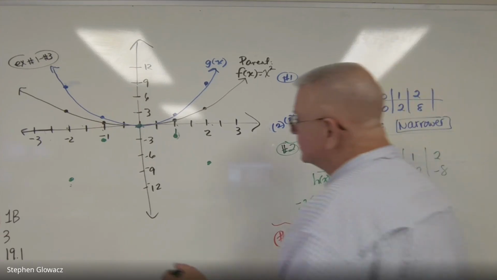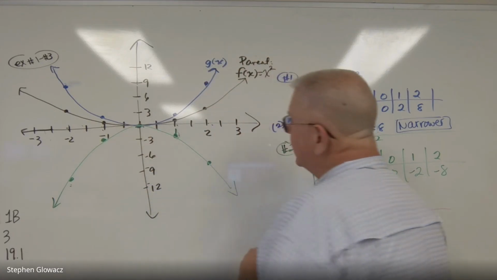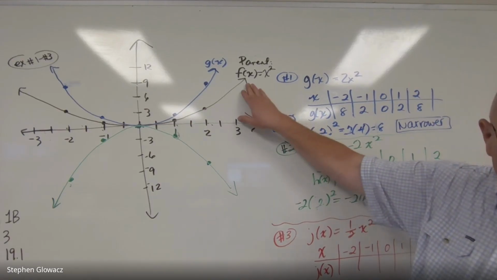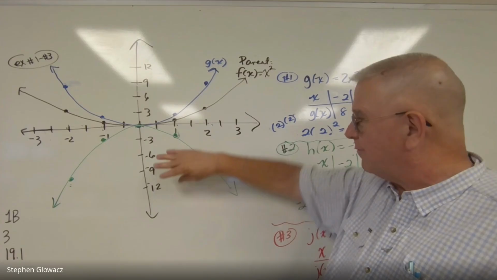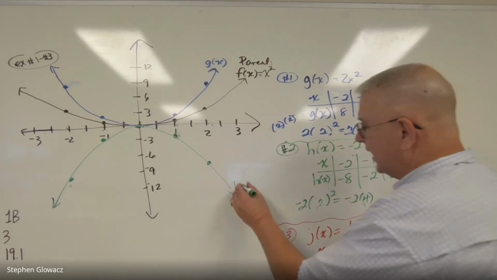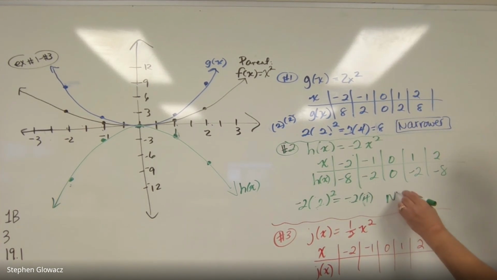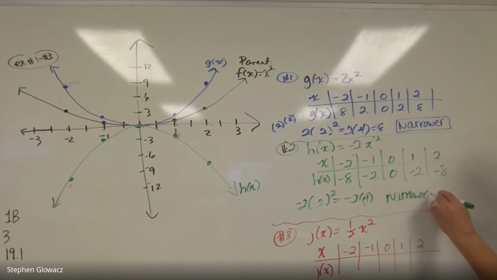All right, so let's go ahead and connect the dots here. And notice, as compared to the parent function, once again, it's narrower. Imagine if this was flipped up, it would be in the same position as the blue one here, the g of x, and this is h of x. We should label that. And so it's not only narrower, but it's also reflected or flipped over the x-axis. So narrower and reflected over the x-axis, or flipped over the x-axis. All right, so that's our